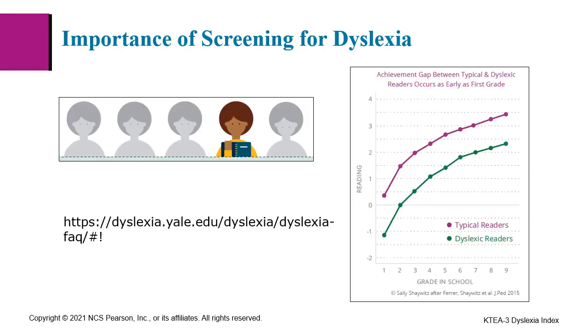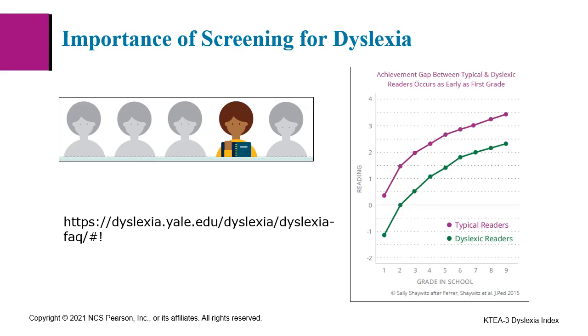There are several reasons to screen for dyslexia as early as possible. First, dyslexia is common. According to an FAQ document from the Yale Center for Dyslexia and Creativity, dyslexia affects 20% of the population and represents 80 to 90% of those with learning disabilities. It is the most common of all neurocognitive disorders.